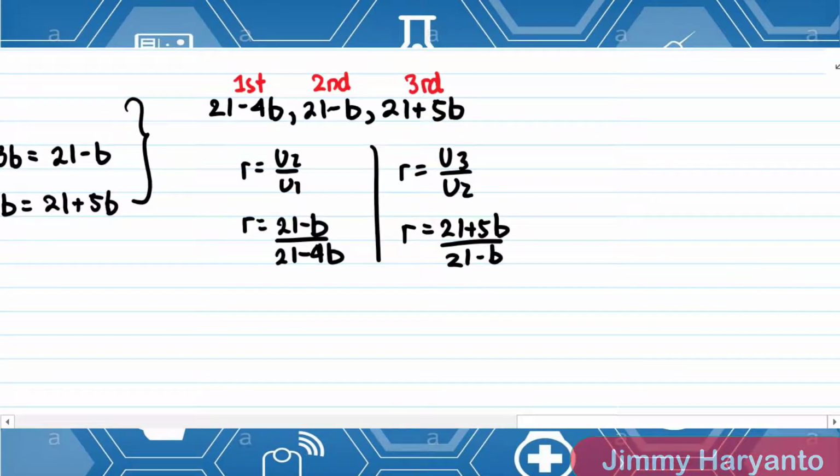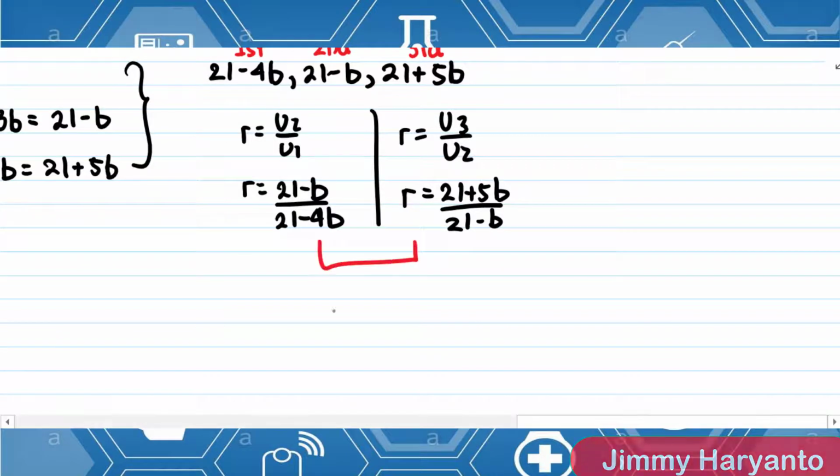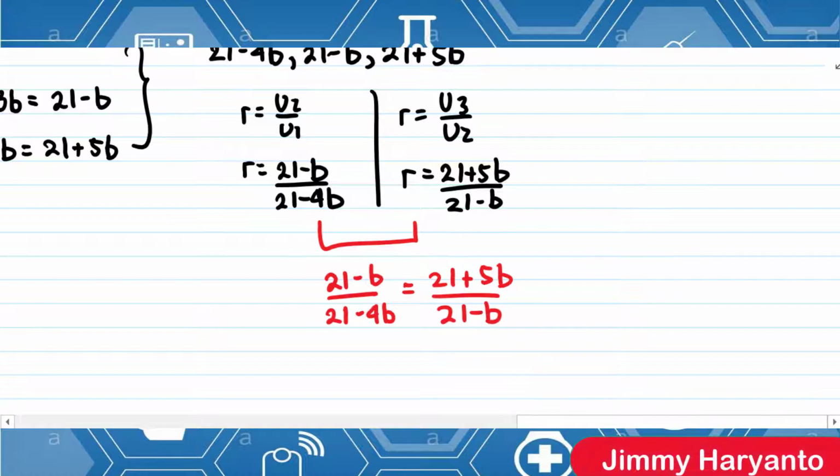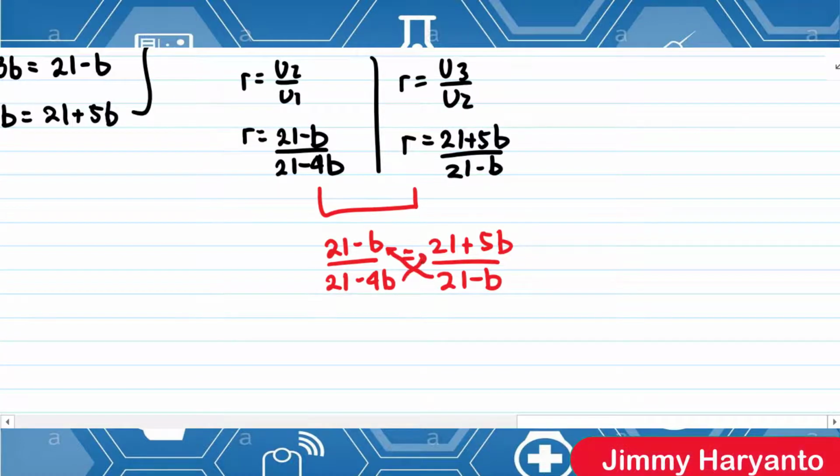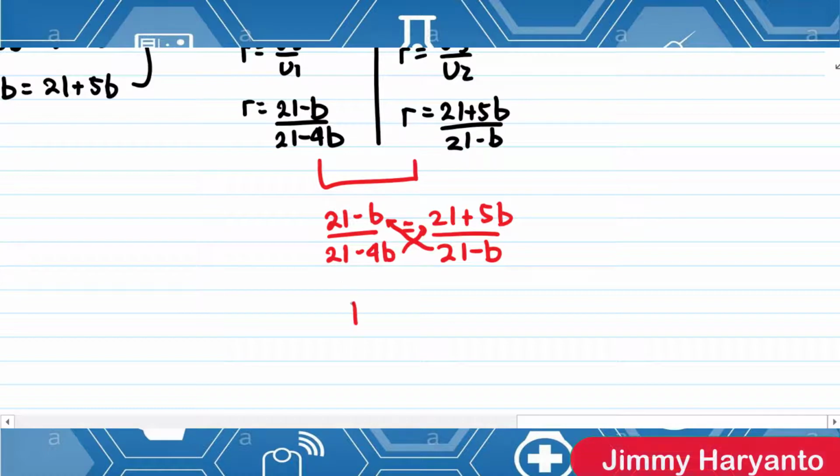After that, we know that for geometric, the ratio should be the same, so I can tell that 21 minus b over 21 minus 4b equals 21 plus 5b over 21 minus b. And then I can cross multiply like this. 21 times 21 is 441. Then minus 21 times 4b is minus 84b, and then minus b times minus 4b, the result is plus 4b square. After that, 21 times 21 again, 441, and then